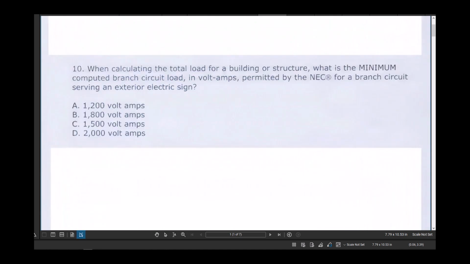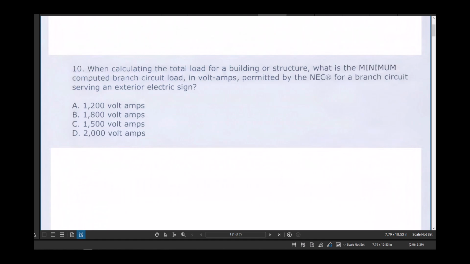Question 10. When calculating the total load for a building or a structure, what is the minimum computed branch circuit load in volt amps permitted by NEC for a branch circuit serving an exterior electric sign? A. 1200 volt amps, B. 1800 volt amps, C. 1500 volt amps, D. 2000 volt amps. If we highlight the keywords, we're looking to calculate load for a branch, specifically the minimum,